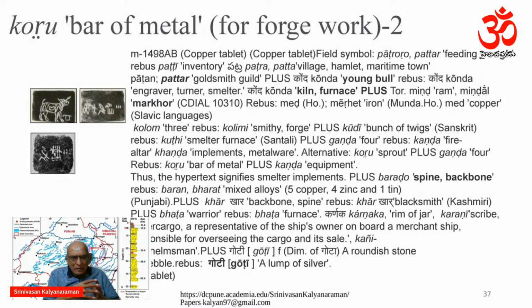Another copper plate inscription with more elaborate sign grapheme sequences. Each of these graphemes can be read in Meluha Desi Bhasha, as I have demonstrated here, one by one. Kolom means Sri, Kolimi means Piti, Goti means a pebble, Goti also means a lump of silver, or it could